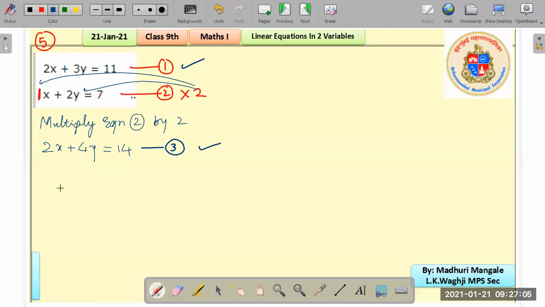So now either you add or you subtract. Since both the terms have the same sign, we have to subtract. So subtracting will eliminate the x terms. Subtracting equation 1 from equation 3. So you write the third equation first, and then the first equation,